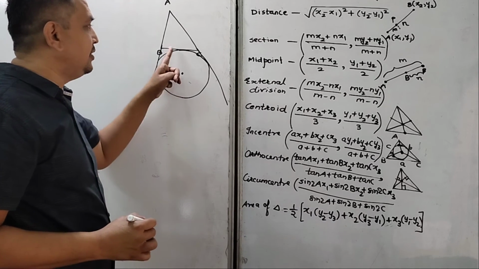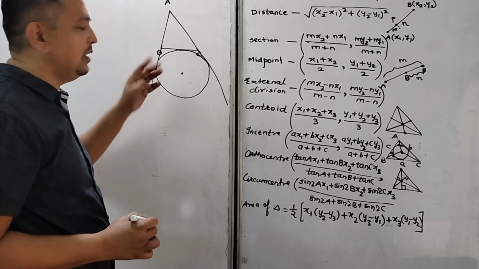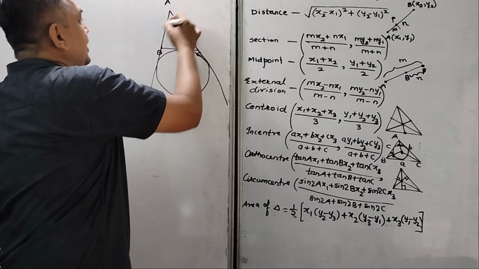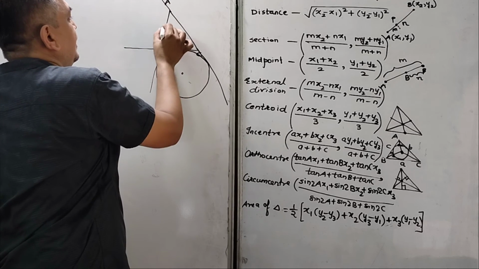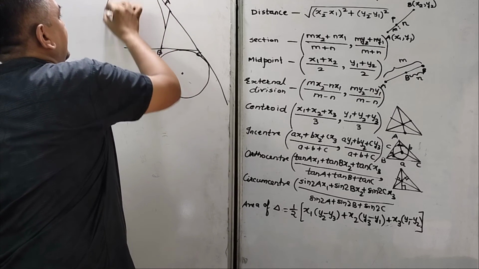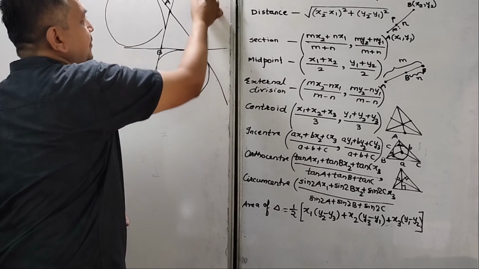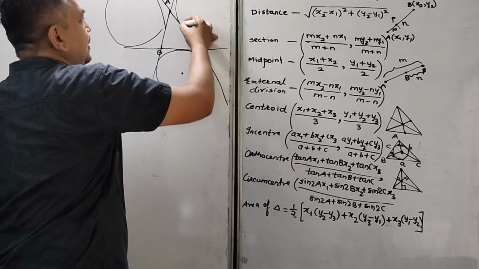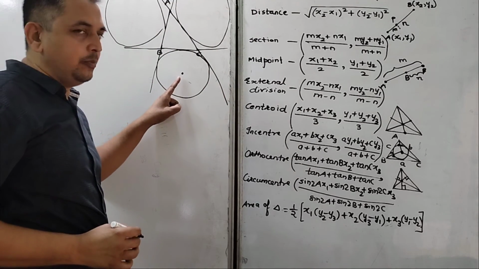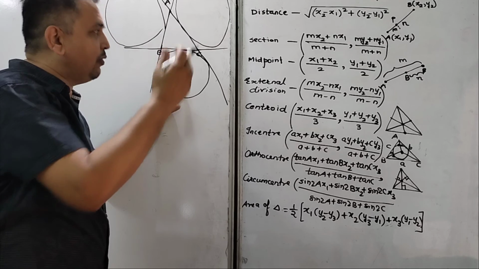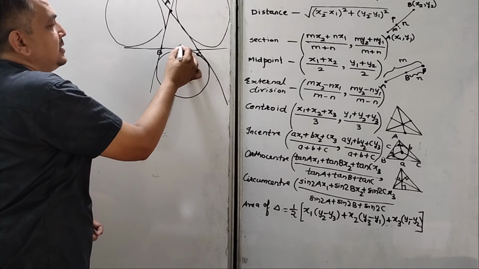One is touching this side in the exterior of the triangle. Then we can have another circle here, and we can have another circle on this side. So these are three excircles. I am writing the formula for one. We can guess for the other two. Now opposite to angle A is side A.